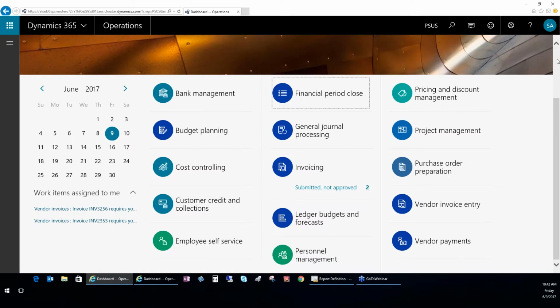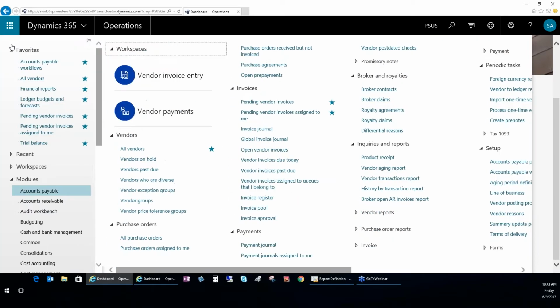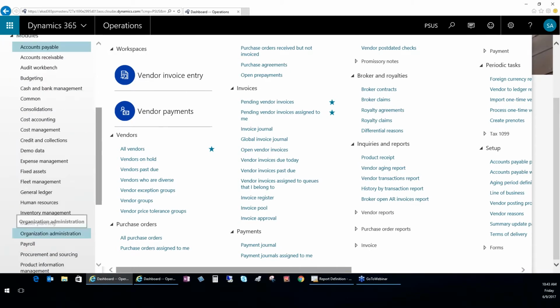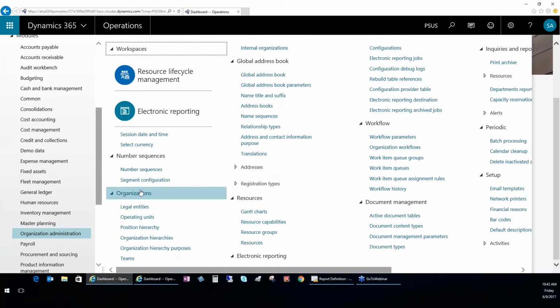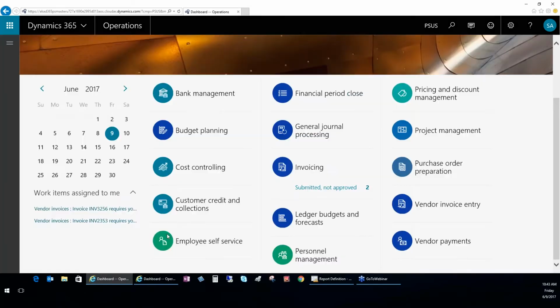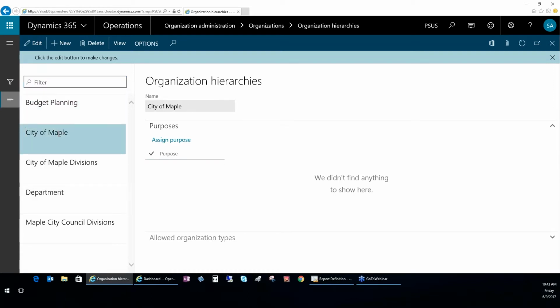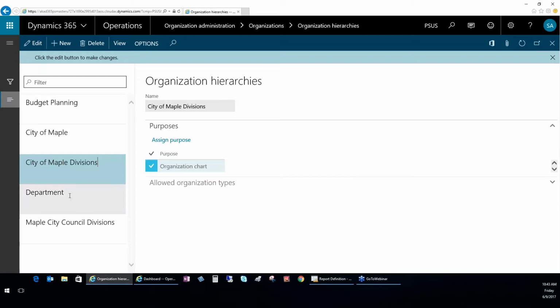And let's talk a little bit about the hierarchy designer. So I kind of want to show here our org hierarchy, and I don't have it in a favorite, so we're just going to go here to the big long menu and do a hierarchy. So right now I have a few different hierarchies. I have the City of Maple one, which has details and divisions and then departments. And if I want, I can click on View,